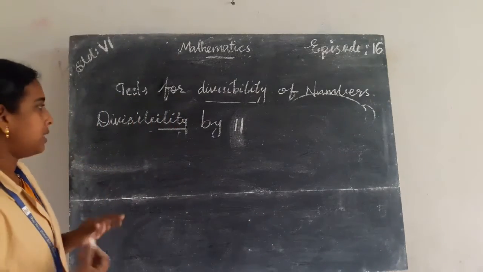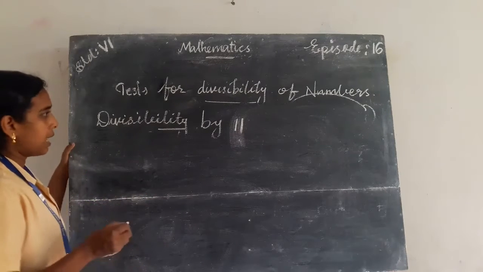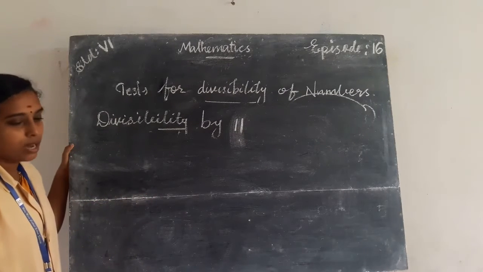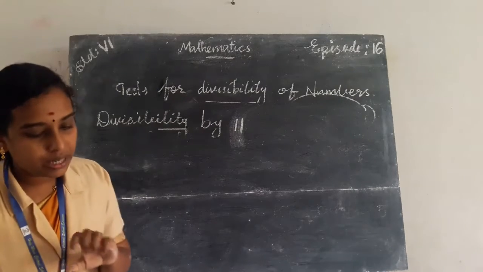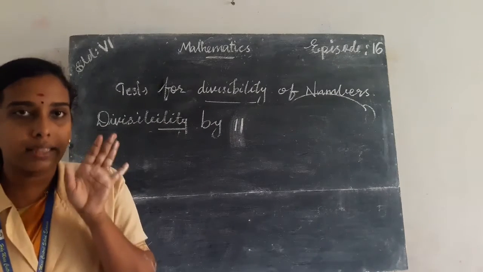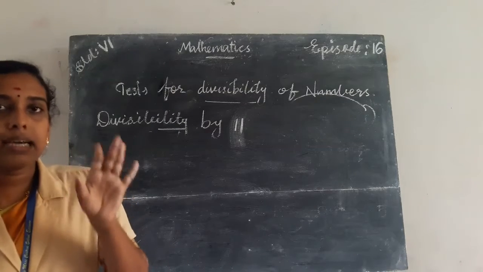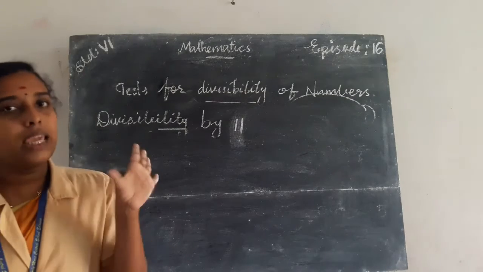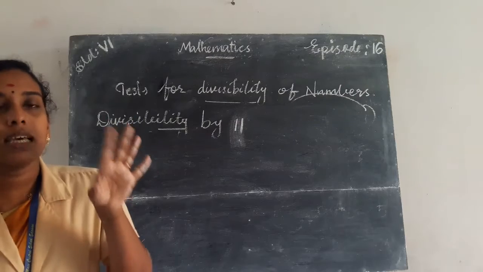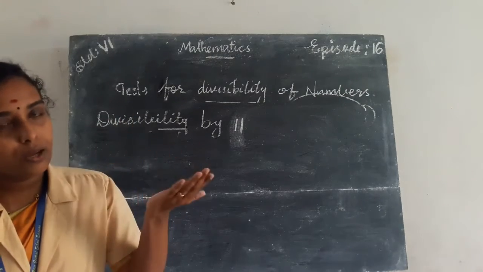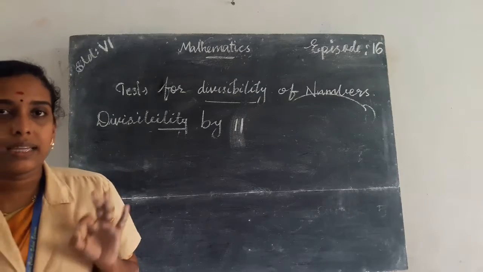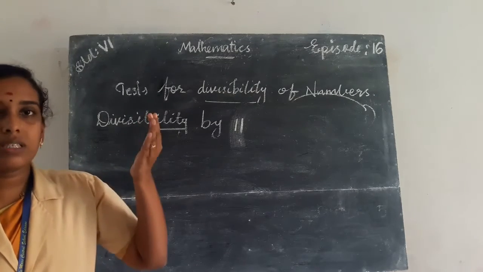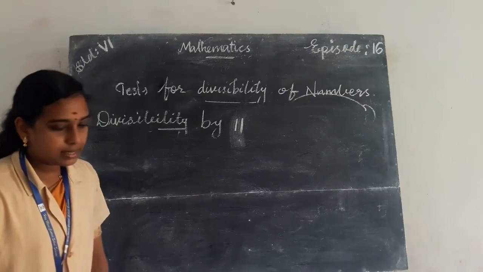To check if a number is divisible by 11, we can apply the rule: find the difference between the sum of the digits at the odd place and the sum of the digits at the even place, and if the difference is either 0 or 11, or divisible by 11, then we can say that the number is also divisible by 11. Okay, so an example,